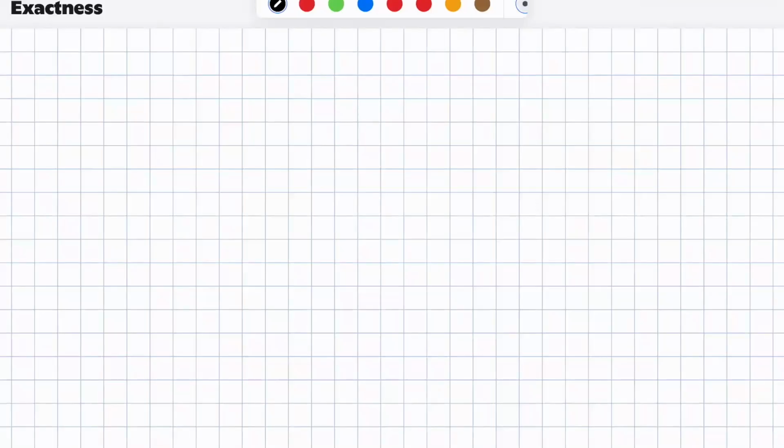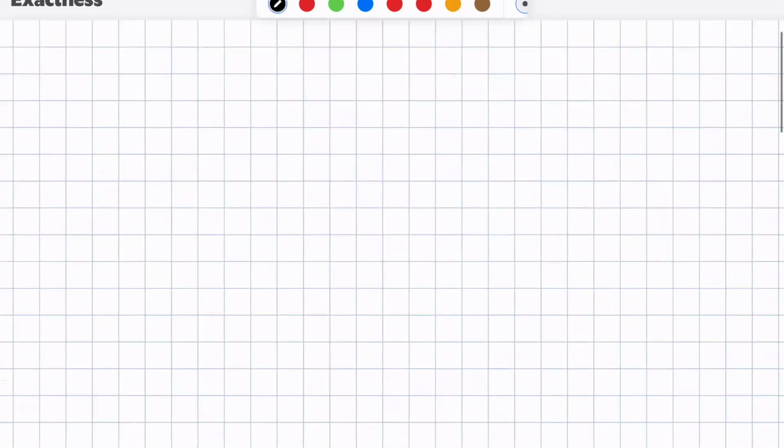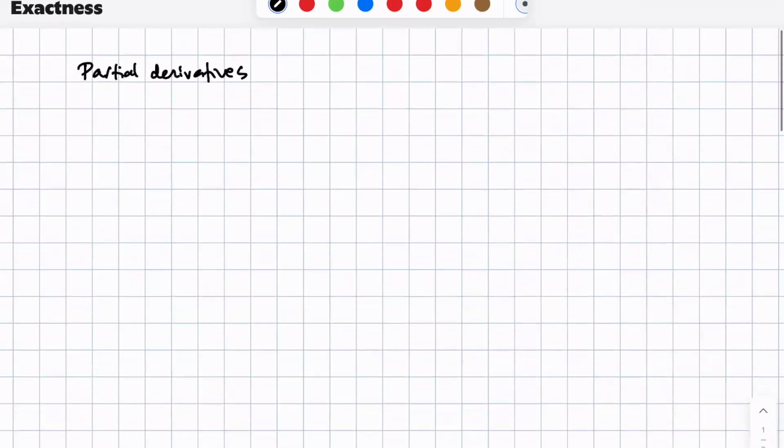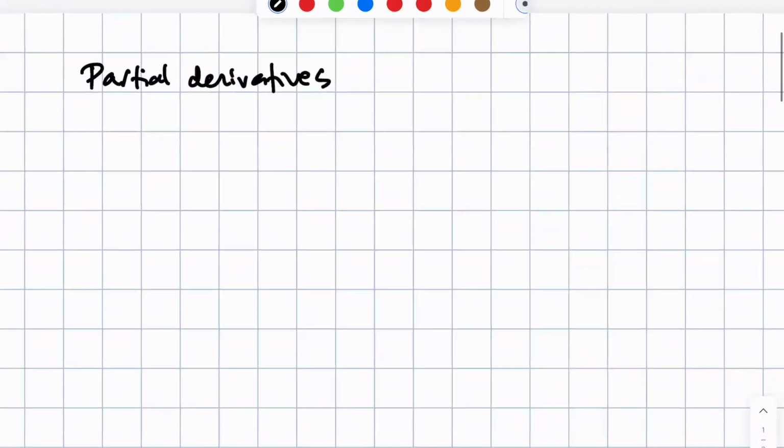So in this video, we'll talk about a topic called exact differential equations. But first, we need to go over one particular technical skill, which is something called partial derivatives. This is something you learn in multivariable calculus, so some of you might have seen this and some of you may not have. Now, the idea behind a partial derivative is that in multivariable calculus, instead of having functions like,